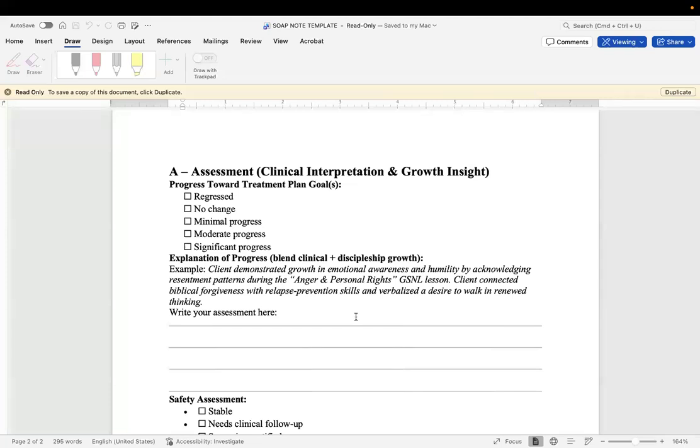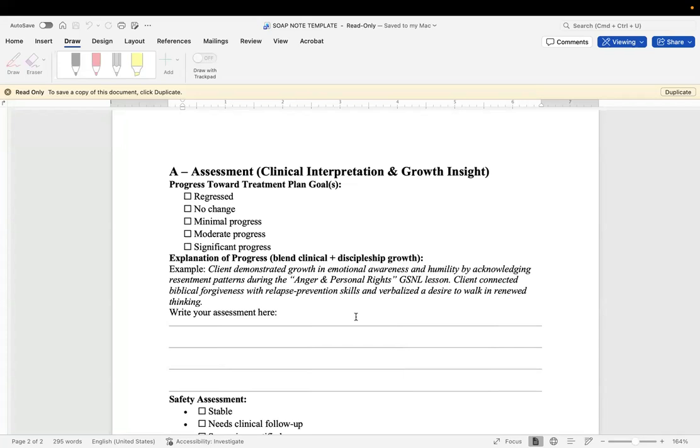The reason behind that, it's kind of like the Bible says it's better to be cold or hot, not lukewarm. No change is that lukewarm, and it is not going to help them to stay in treatment. It's not going to help them to reach their goals. It's not going to help us reach our goals. So it's important that we're identifying these things, because if we're seeing no change, then we need to start working on that.